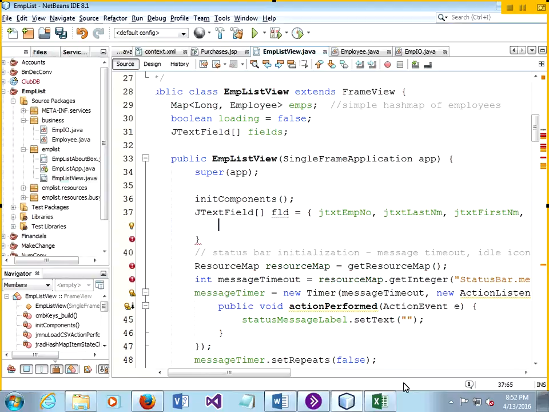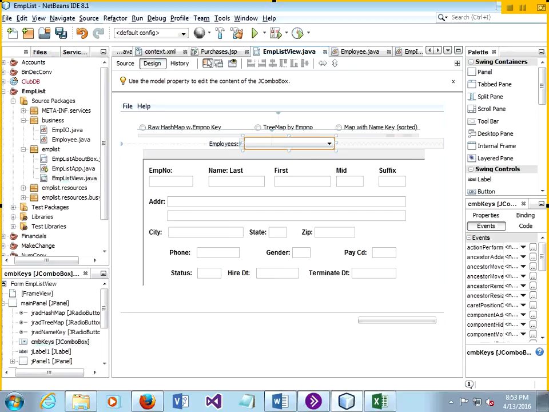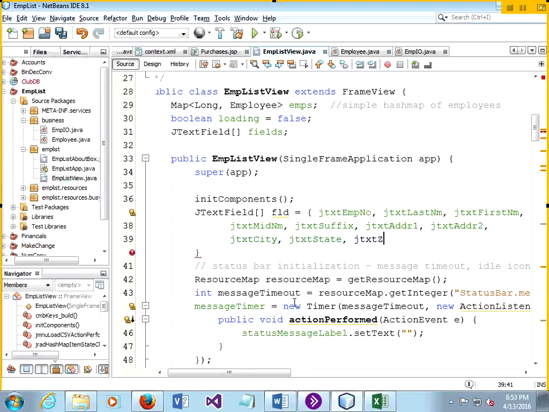Last name, JTXT first name, and then I'm just going to keep going. So JTXT mid name, JTXT suffix, JTXT address 1, address 2, JTXT city, state. I've lost where my phone number comes in. Hold on. Phone number comes in right after the zip. Okay, so city, state, JTXT zip, JTXT phone,